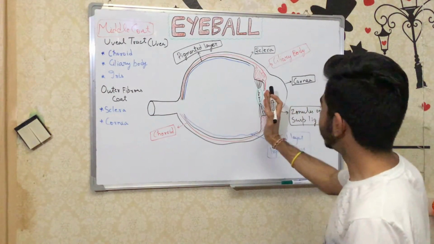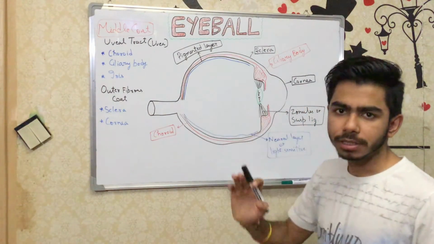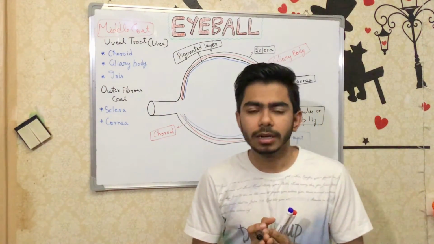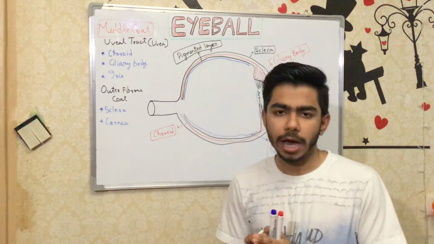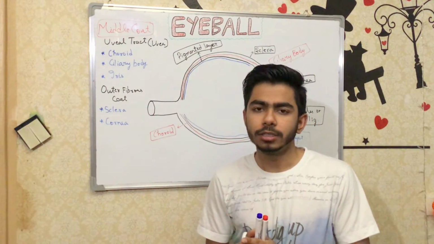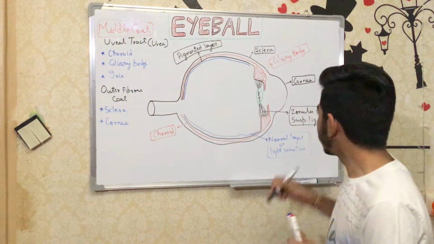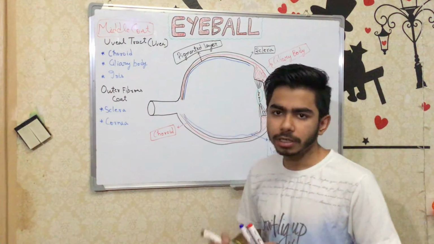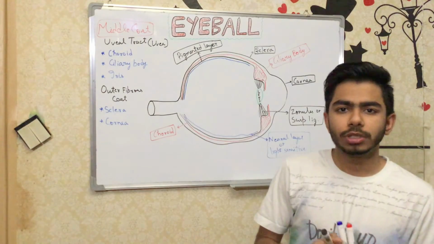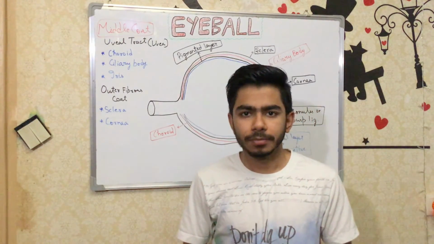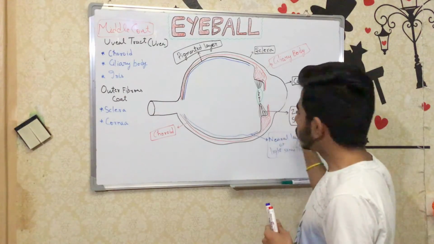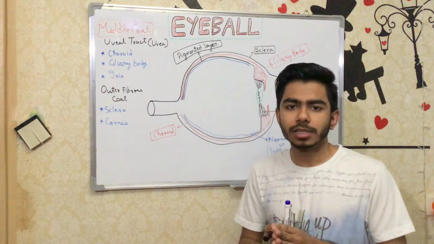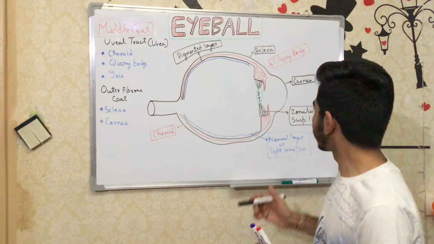Remember, anterior to the lens, everything is transparent. This area must be transparent so that light can enter the eyeball and we can see objects. If it becomes opaque, there will be a pathology. The light will not be able to reach the retina, and we will not be able to see anything. So the portion anterior to the lens must be transparent, and in physiological conditions this portion is transparent. Now